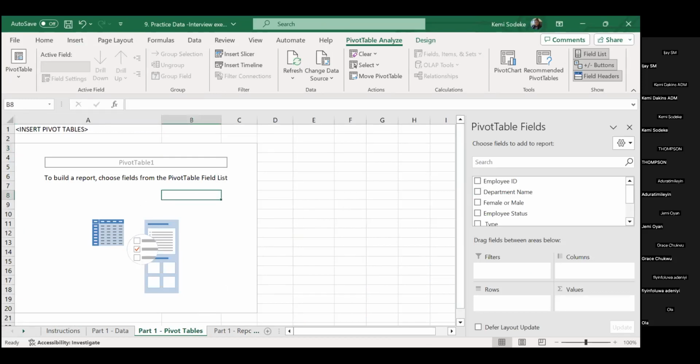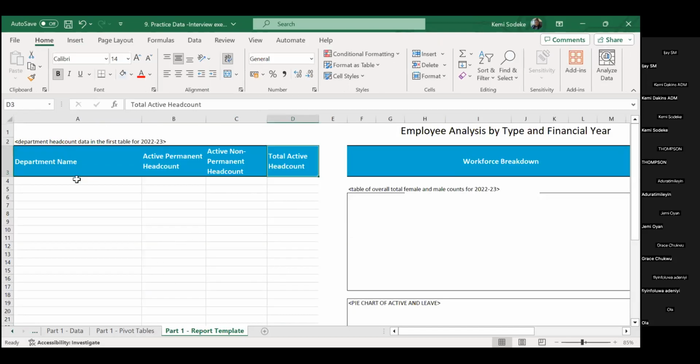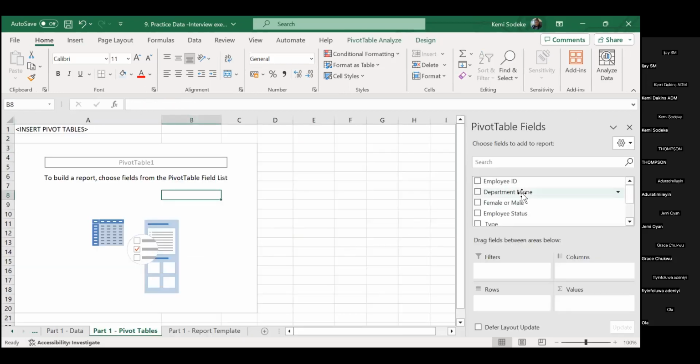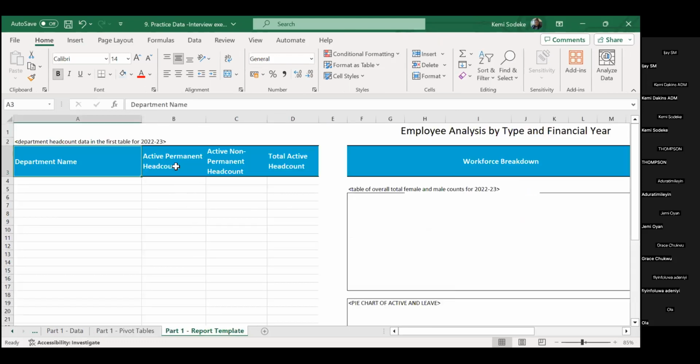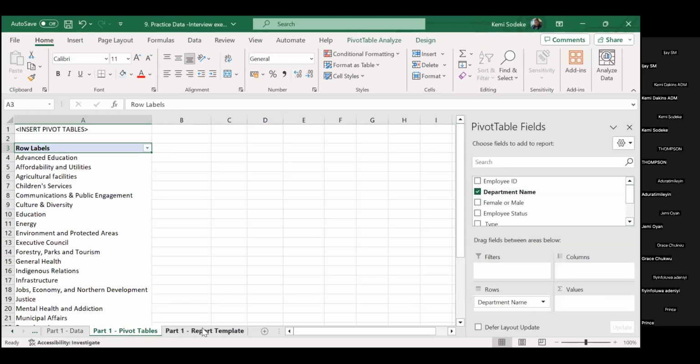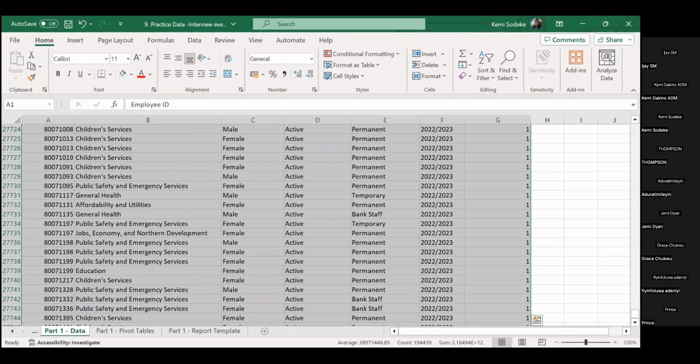What do we need on this pivot table based on our report template? We need the department's name, right? So let's start with the department's name here. And we need active permanent head count. So we know that we need permanent, and we need to separate permanent and non-permanent. Okay. So what do we do? So employment, where's our permanent or non-permanent? Is under